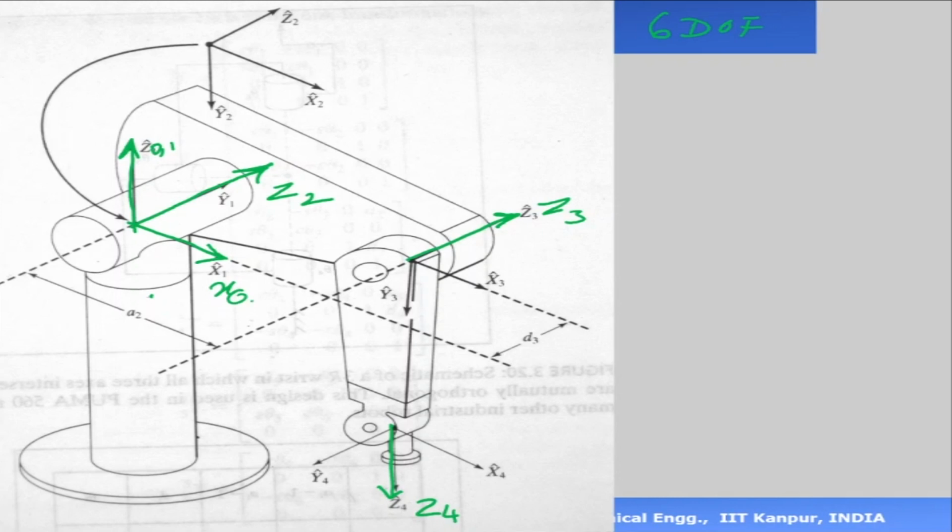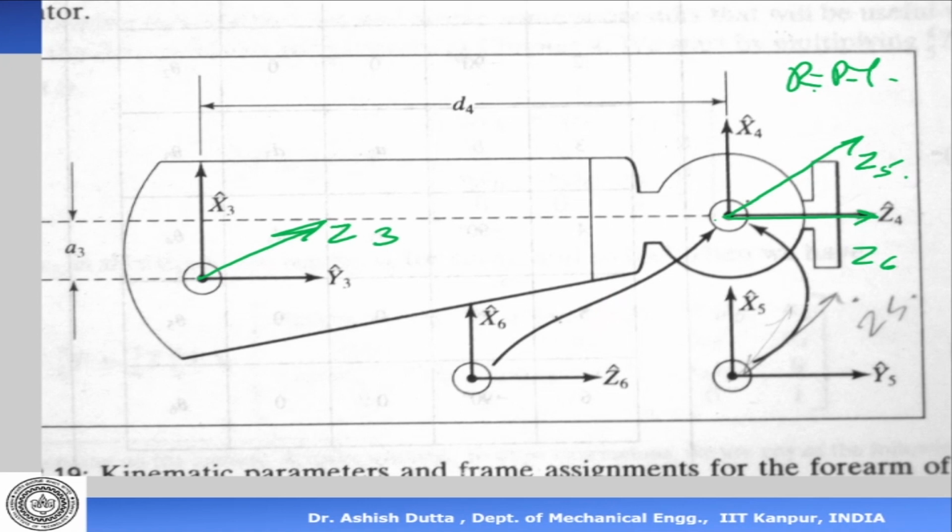So this can be my x0, x1, and x2 in that direction. x3 is in this direction. That's my x3. Okay, and my x4 is in this direction. So if I go back, go here, then x3 is this side. Now, please note that Z3 and Z4 are orthogonal to each other. Their directions are orthogonal to each other. So my x4 is going to be perpendicular to this. So my x4 will come there.